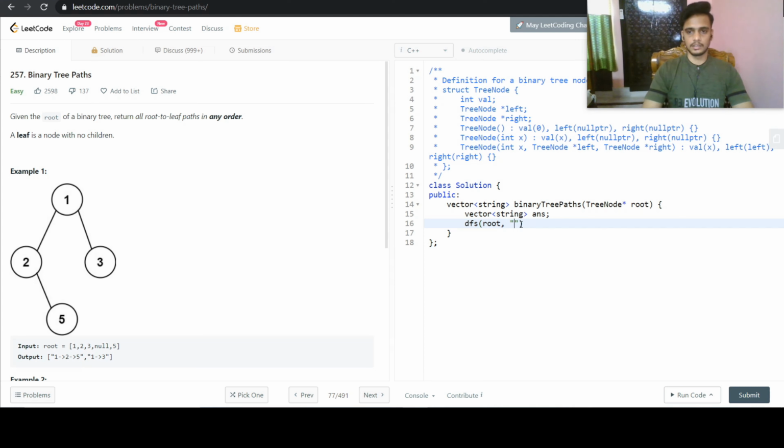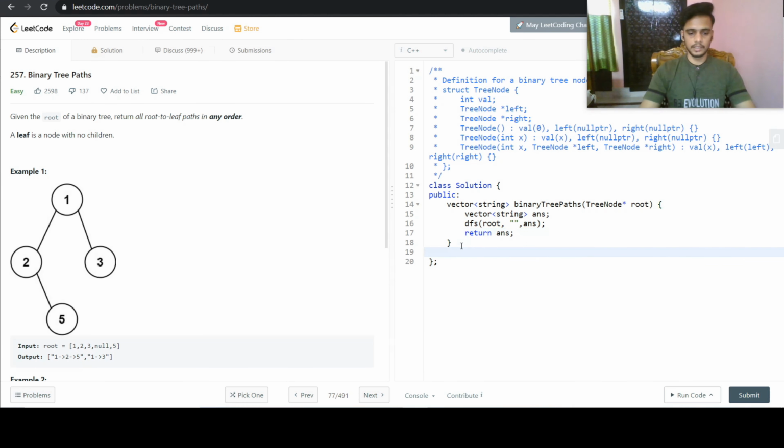Let us denote it as empty string for initial stage, and the third parameter, let us give it as the answer vector of string, and this is fine. And at the end what we need to do is return this answer vector.